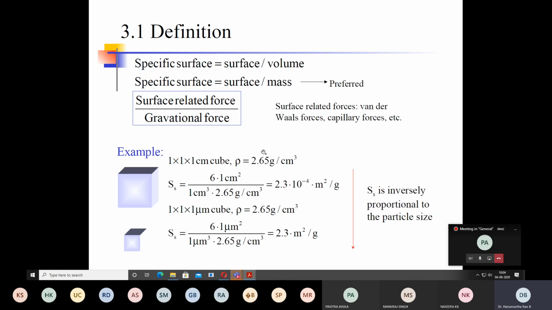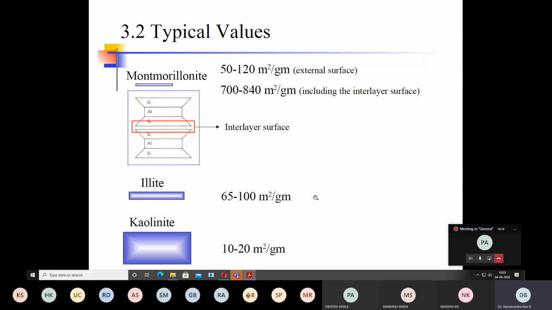Okay, so this is a small introduction about how to distinguish the surface area. Everybody knows this. When you talk about surface area, in general we have seen representing it in terms of the mass, but it can also be represented in terms of the volume. But mass is preferred because volume we can't quantify every time. It is easy to take a particular mass of a soil. So this is the simple definition, and this is how one can distinguish the meaning of surface area. This plays a significant role when you talk about clay mineralogy, and what role it plays we will discuss in the subsequent slides.